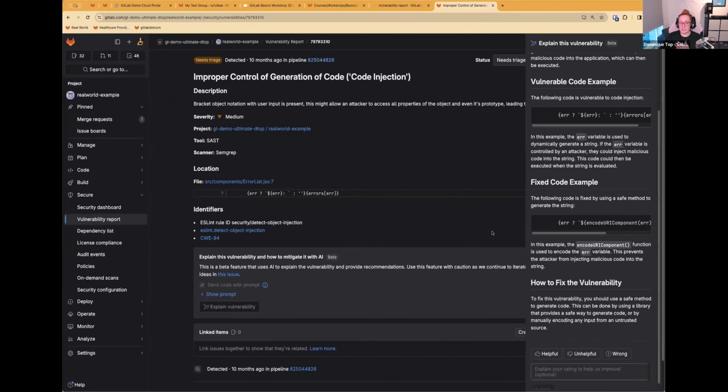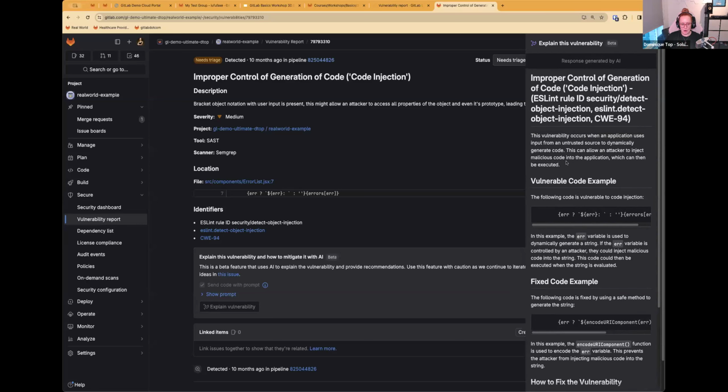Which, as just little old me, who is not a security professional or expert, if you tell me, "Hey, this is a vulnerability," I would still need some more information. And you can guarantee that a lot of developers that are just writing code and working on the application, trying to get stuff shipped as fast as possible,